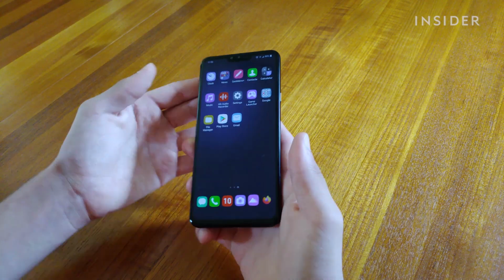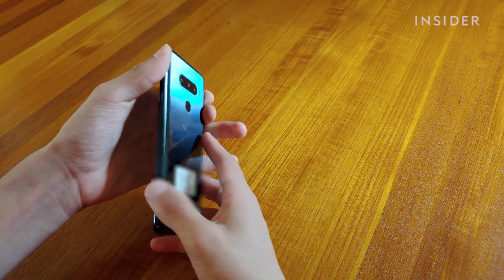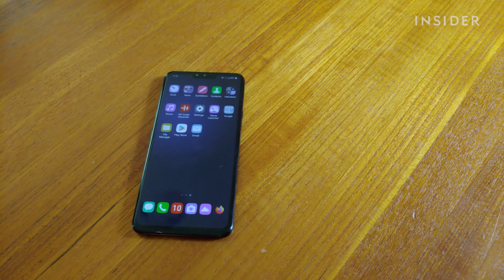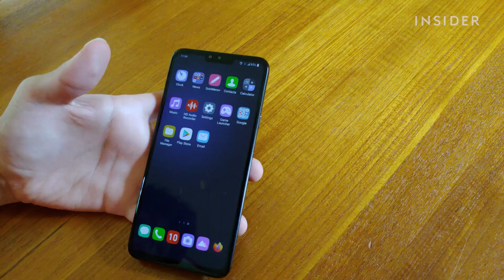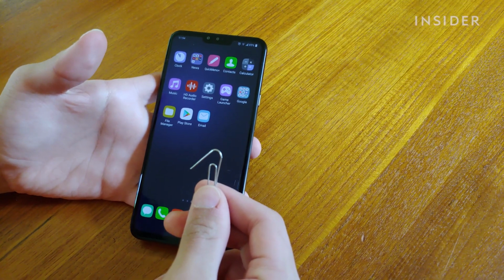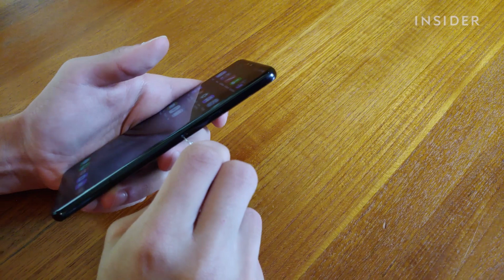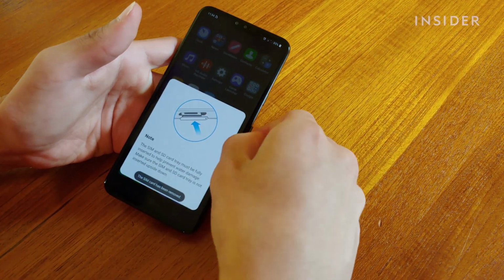If your phone doesn't have a removable back, then your SIM card is likely accessible through a removable tray on the side edge of your phone. To pop out the tray, use either a SIM removal tool that came with your phone, or simply a small paper clip. Insert it into the tiny hole next to the SIM tray slot, and gently push it in until the tray pops out. Pull out the SIM tray,